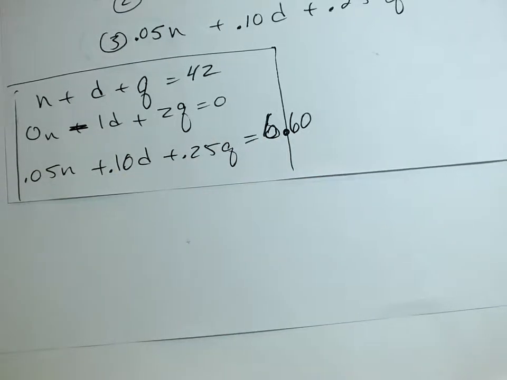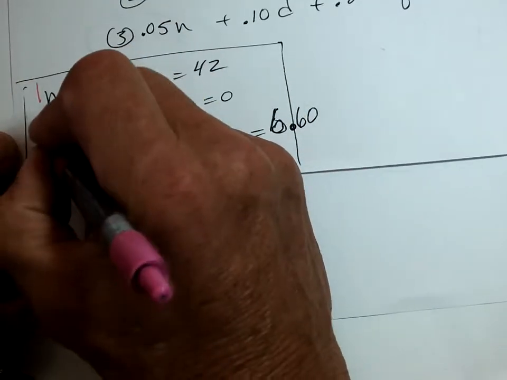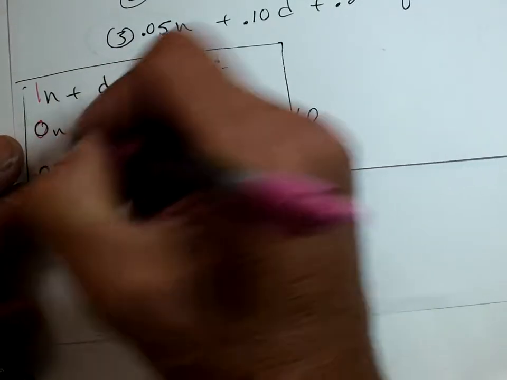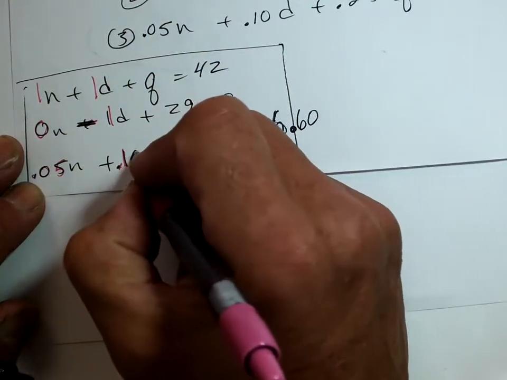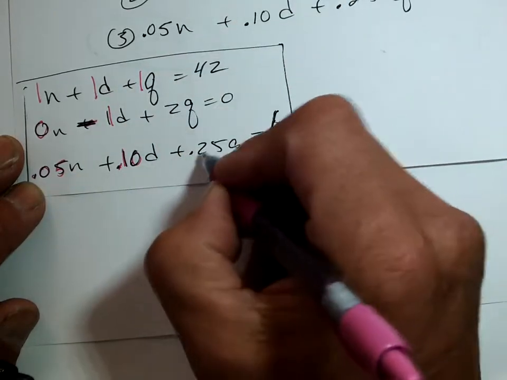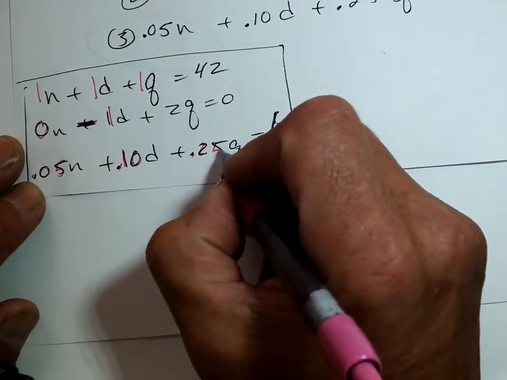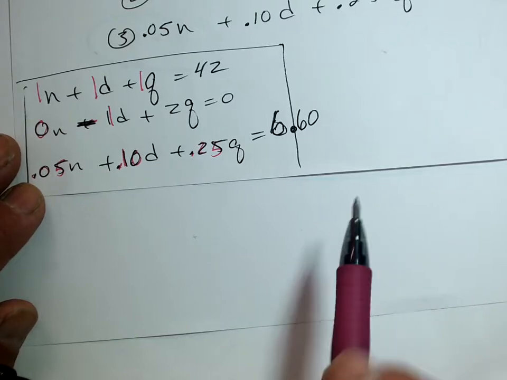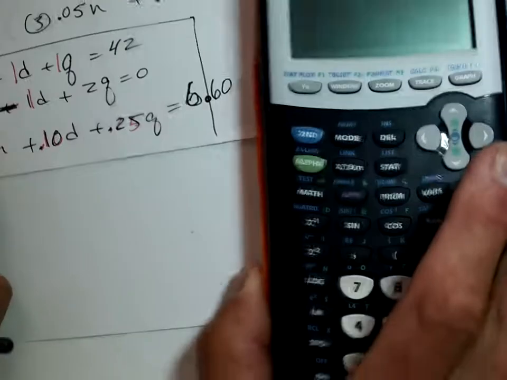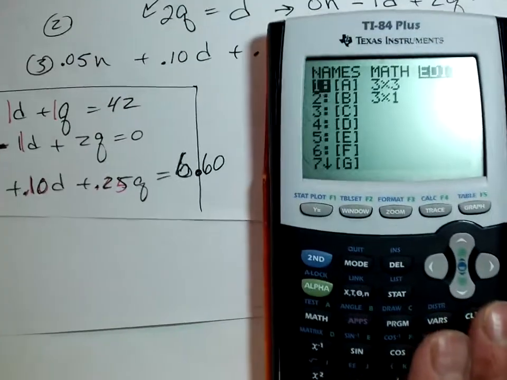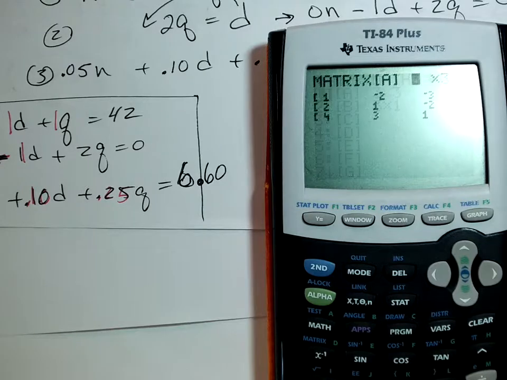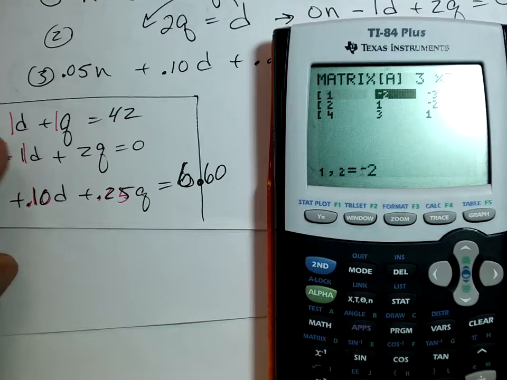Okay, now I've got my matrix, right? I'm going to have a 1, 1, 1, 0.05. I'm going to have a 1, a negative 1, and a 0.10. I'm going to have a 1, a 2, and a 0.25 for my matrix A. Did you see my matrix A? So I'm going to go into my matrix. Okay. I'm going to edit. We'll do it again. I'm going to go to my matrix and I'm going to edit 3 by 3